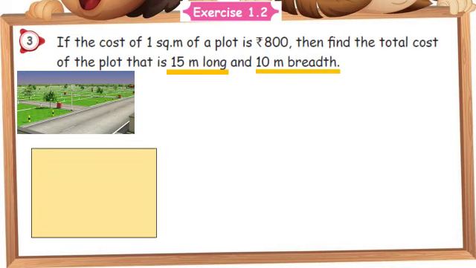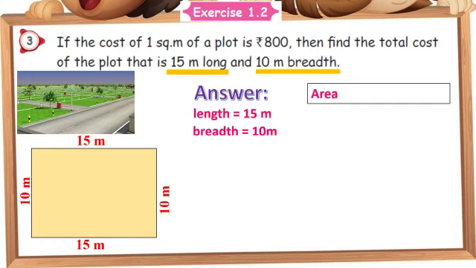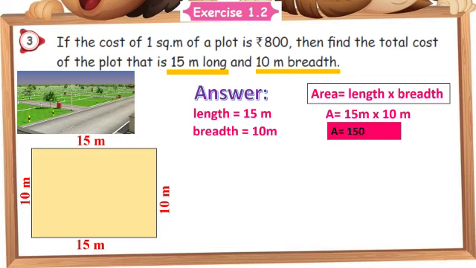So just take it one and then mark it 15 meter up and down and 10 meter left and right as a breadth. Okay. So we need to find out area or perimeter. Good, area only. So start to our work. Length equal to 15 meter and breadth equal to 10 meter. Area equal to length into breadth or side into side. That's equal to 15 meter into 10 meter. So it's a 10, isn't it? So just join one 0, that's it. So 150 meter square. That also you know well.